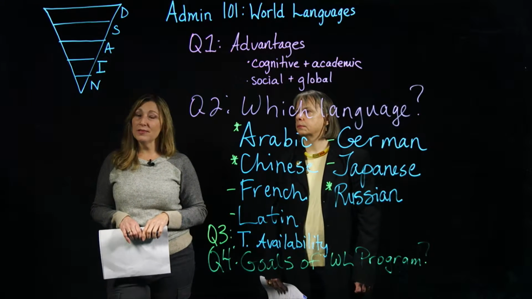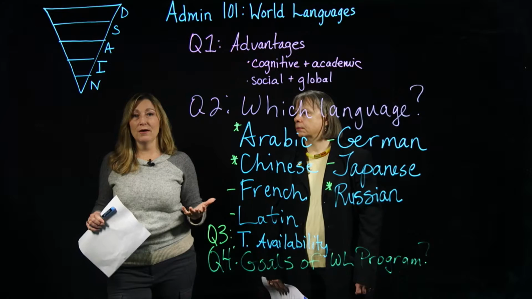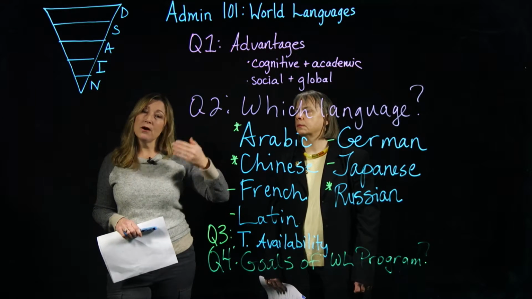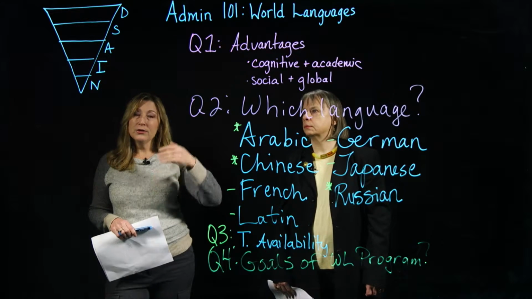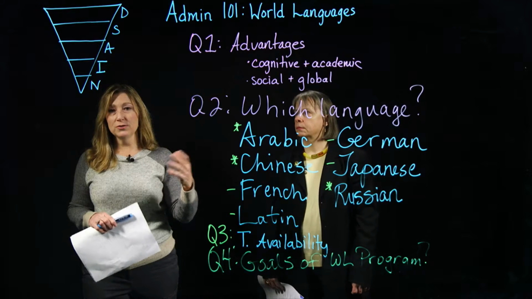Now, advanced, if you're at that level, you can talk about a large, wide range of topics. You can also talk about things in the past. You can talk about things that are happening right now, and you can talk about things that will happen in the future. So they have those time frames they can use.